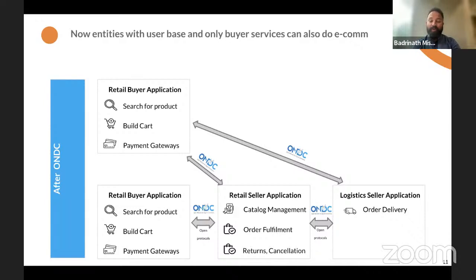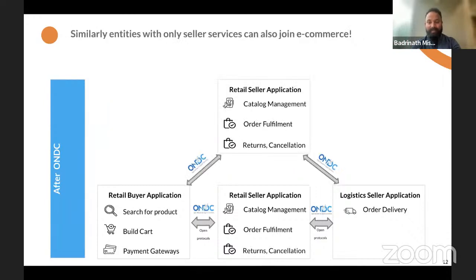And they also don't do logistics anymore. Logistics are done by the logistics application. Now, let's see the other side. Who can be a seller application? Any business or any entity who has access to a catalog can be a seller application. If you sell something, a product or service, you can become a seller application. Any technology entity that has the capability to help you consolidate your catalog for ONDC can also become a seller application. Like GlobalLinker, a seller application which can enable your catalog seamlessly on ONDC.